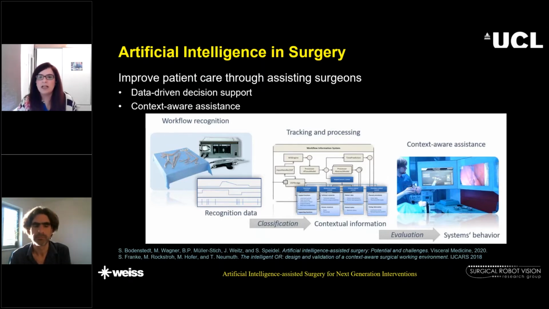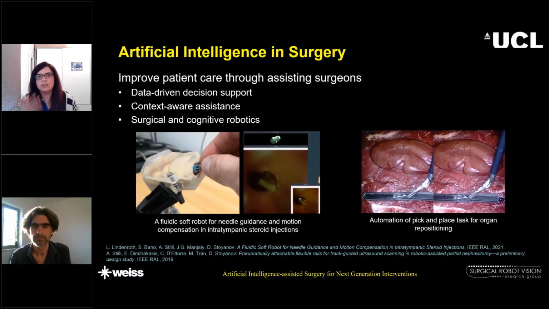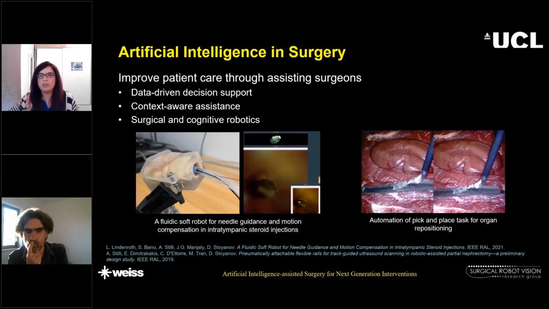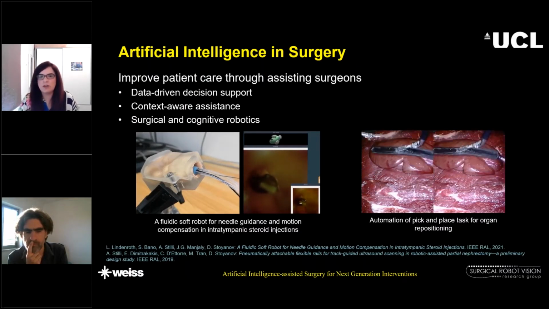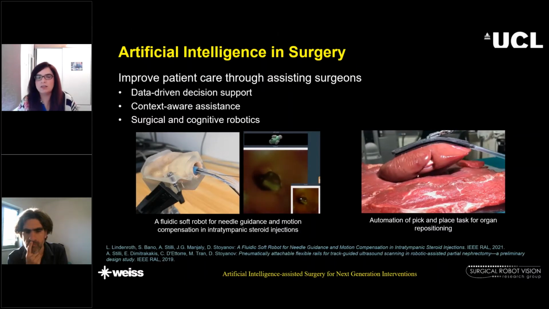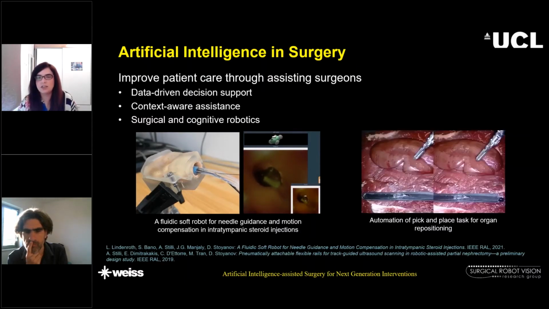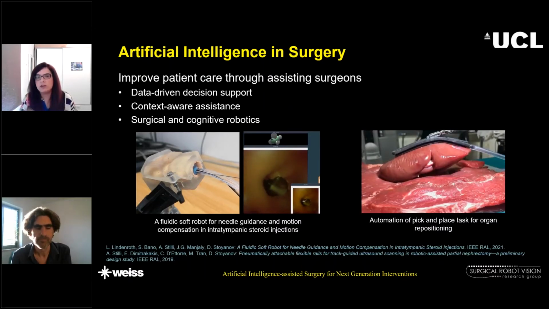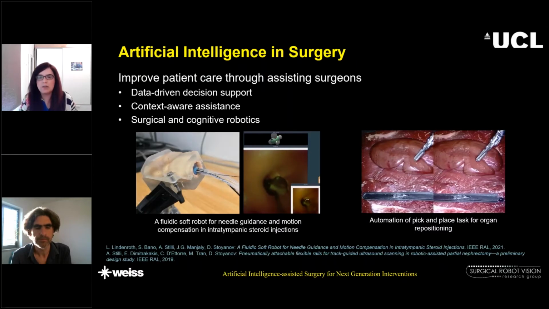Another aspect in this regard is towards surgical and cognitive robots, where currently a lot of surgical robots are being developed. One of the very common commercially available surgical systems is the Da Vinci system, which is used widely in clinical practice. None of these existing robots, or the ones which are being developed, have any AI capabilities. So what we envision is that we can design and develop these robots and also equip them with AI capabilities so that they can make surgery even more precise and safer,